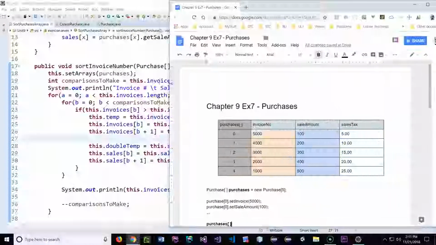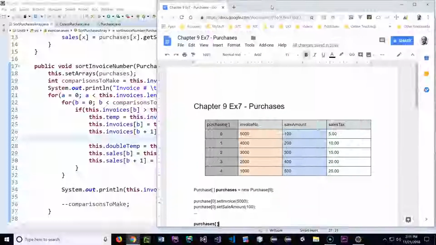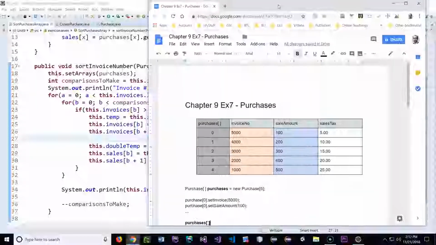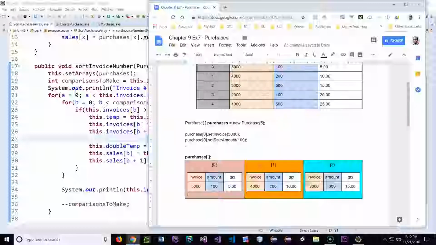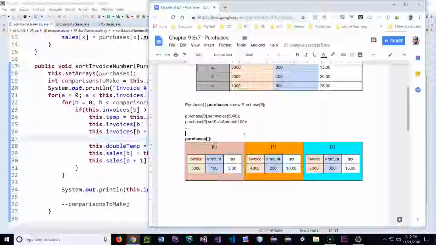Okay, and I'll explain a little bit more, and I'll also make some recommendations on how you can make it better. So here's the array you created. Purchases has 5 of them: the invoice number, the sales amount, and their appropriate sales tax, automatically calculated, right? And so we did that, and now this is what it looks like, and if you want to represent this